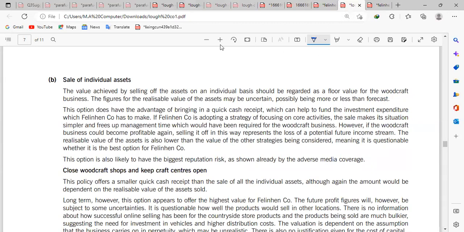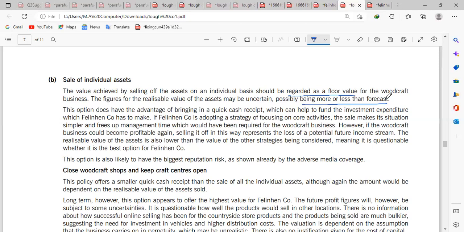Now, when you are selling as individual assets, what will happen? The value achieved by selling off all the assets on an individual basis should be regarded as a floor value. Floor value means the minimum value. This figure for the realizable value of the assets may be uncertain, possibly being more or less than the forecast, because